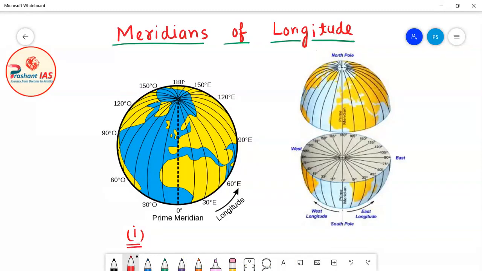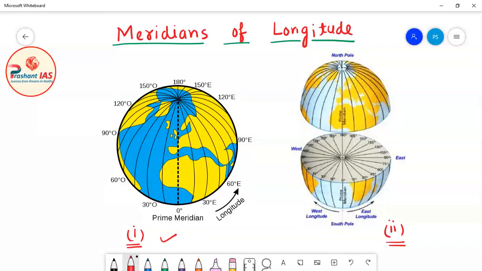Okay, so now kindly see on the screen. Let's suppose this is diagram number 1 and this is diagram number 2. Now I will explain further things with the help of these two diagrams. Now friends, in diagram number 1, can you identify where the prime meridian is? Remember, in the last class I taught you about the concept of prime meridian. So can you identify in this diagram where the prime meridian is?